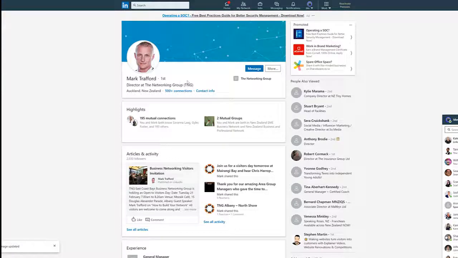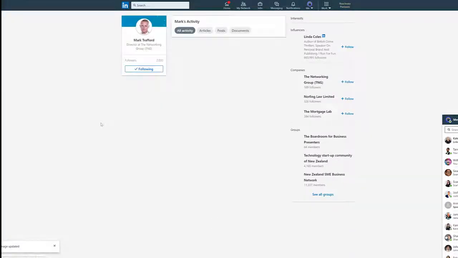I'd also look at maybe changing your headline here. Obviously at the moment it's directed towards the networking group as opposed to Maintain to Profit, and you might want to reverse that and focus more on Maintain to Profit, but obviously that's up to you. Great to see that you've got an article here. And I think if we look at your activity